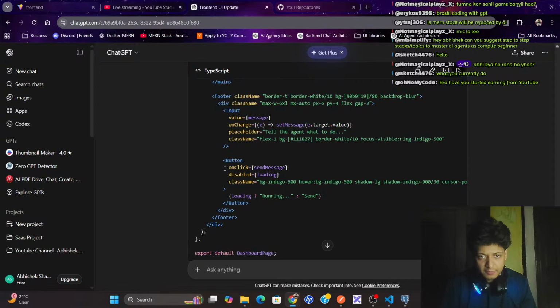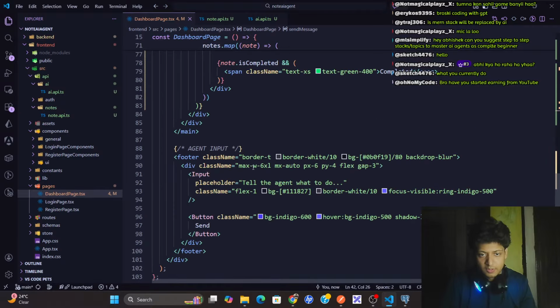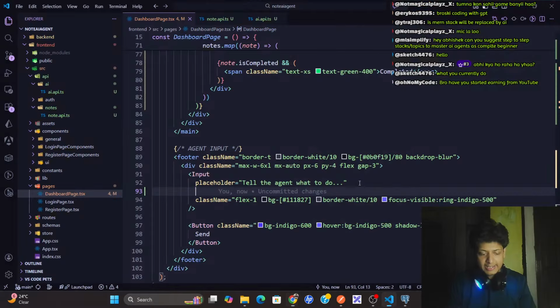In the footer part, where's my footer? This is my footer part. Here I have this input, please tell the agent what to do. Okay, className done. And here value will be message, right?